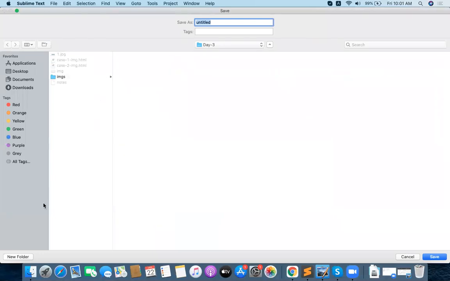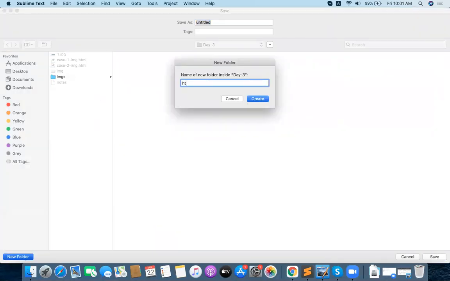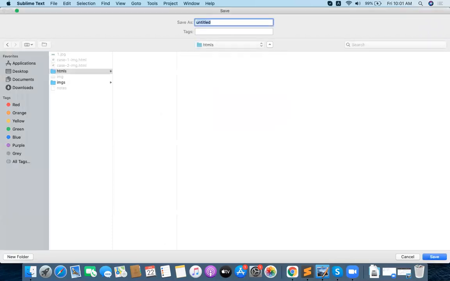I need to prepare the folder for HTMLs now. Let me prepare the folder for HTMLs, a separate folder. And I prepare the name of the file, case 4 img dot html. Any name you take; I'm taking a proper name for your understanding purpose.